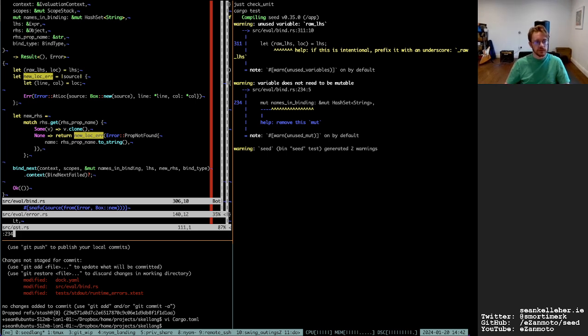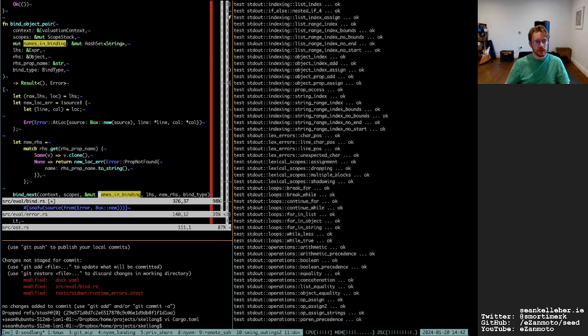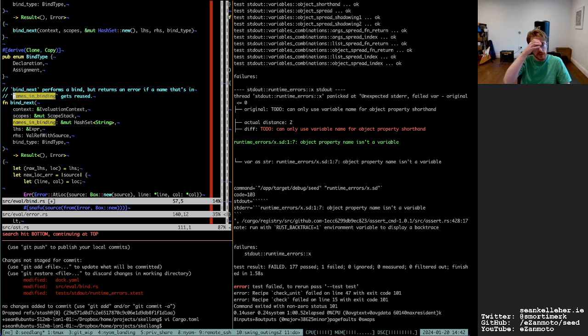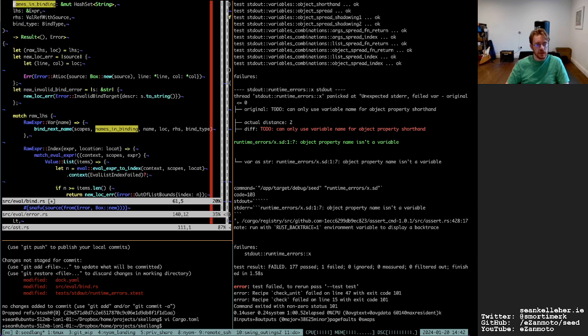So let's see, 234 names in binding is in a few places, but not actually mutated anywhere, I don't think. I need to add some tests for that as well.